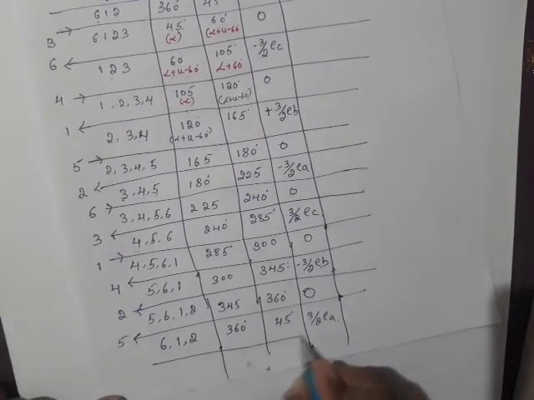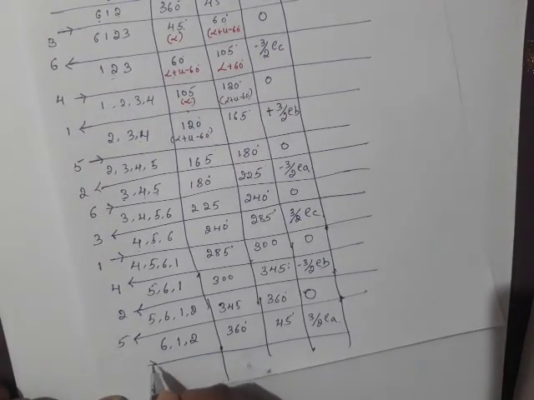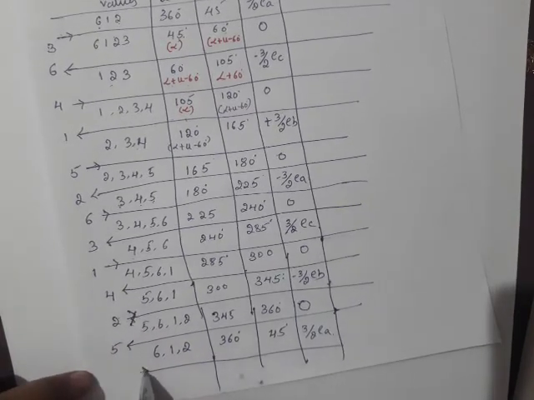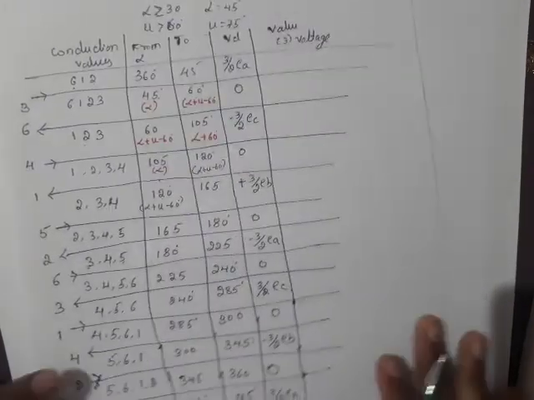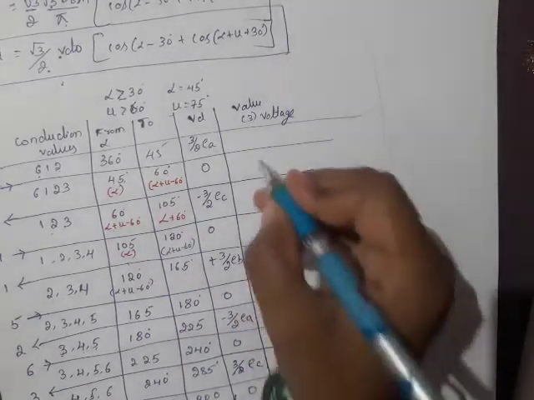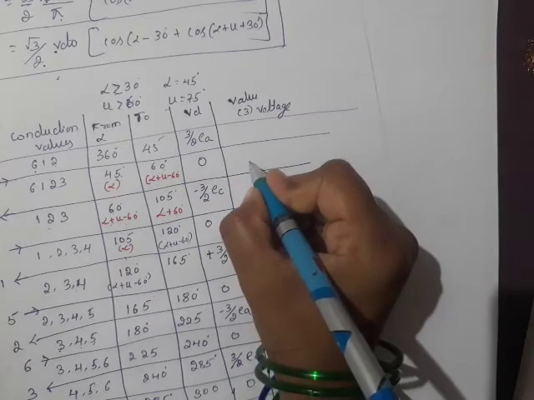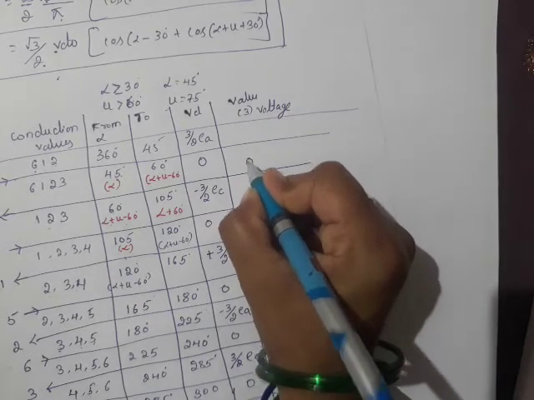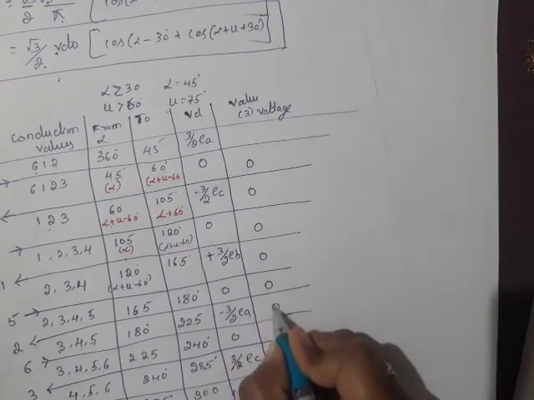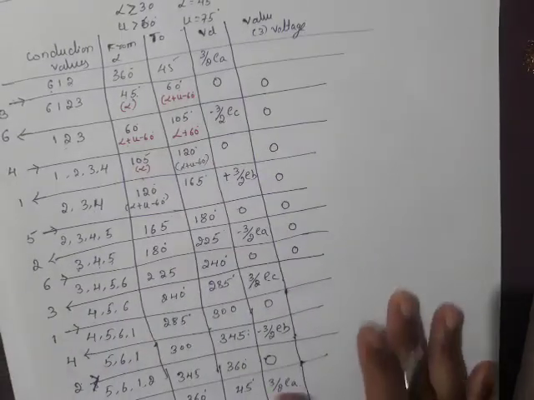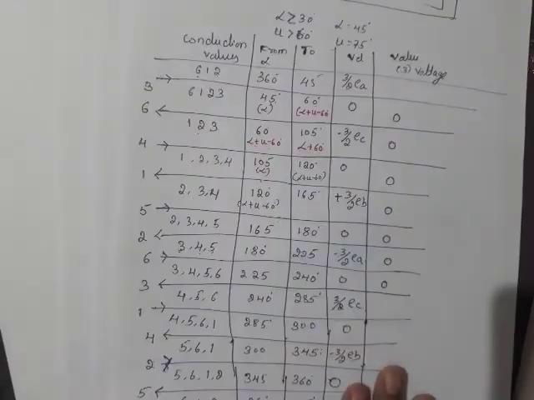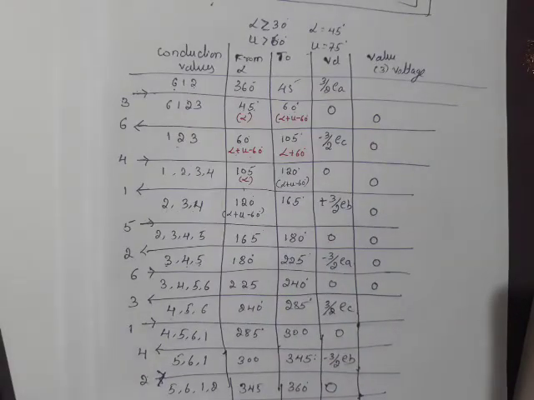So after this, valve number 3 comes into conduction. The same sequence will follow. We'll write the valve voltage quickly. Anyway, when valve number 3 comes into conduction, till it goes out of conduction, what is the valve voltage? Valve voltage is 0, because it is a conducting valve. Till here it is 0. After that, what happens? Valve voltage changes.